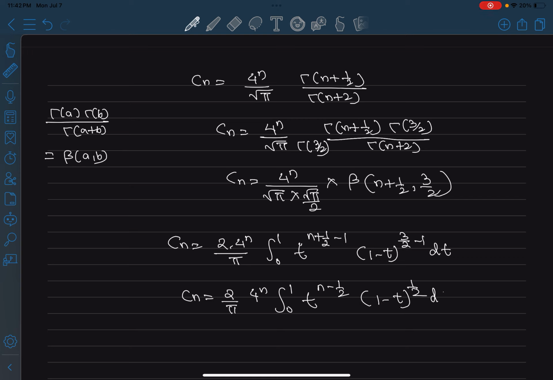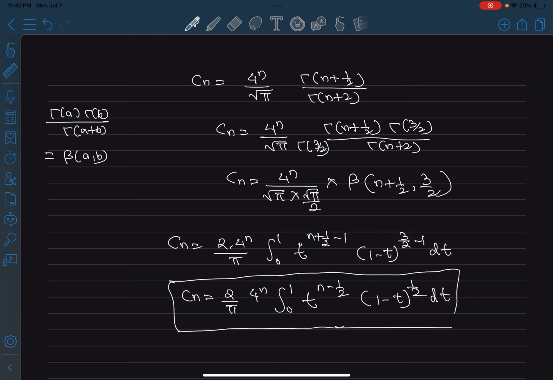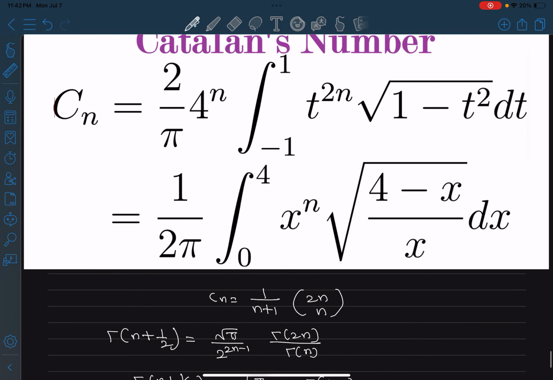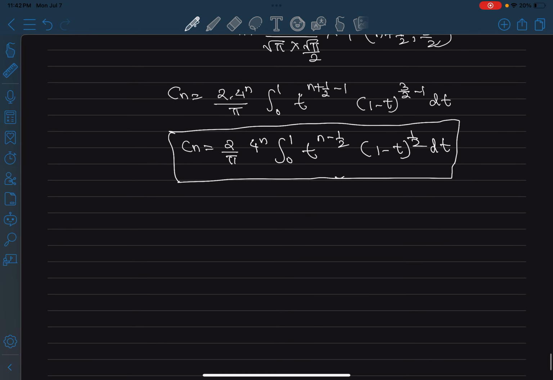So we already have an integral representation, right? But we want to take it to the form that we are interested in. Now we can try to transform this integral into the two different forms that we have over here. The second one is actually quite easier, so let's do that first. The second one, what I need to do is, I just need to take this 4 to the power n inside,